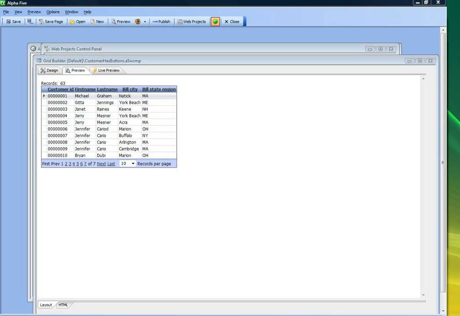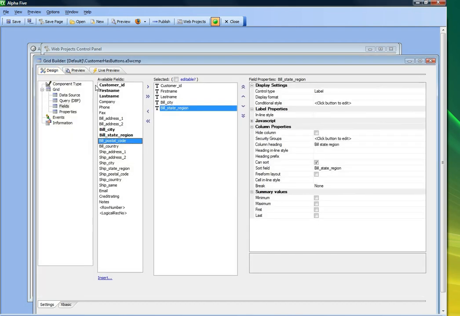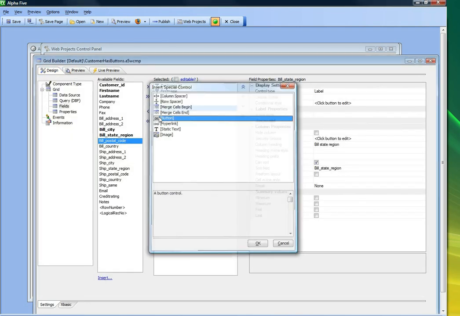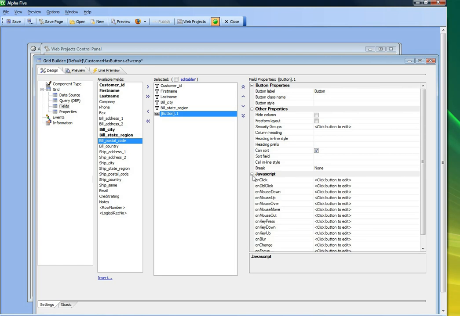In this video we'll explore some of the options for the pop-up Ajax windows that you can create. So you can see here we have a very simple grid, and we're going to put some buttons on to open up a related grid in a pop-up window. So we'll go back to design mode and we'll choose insert button,